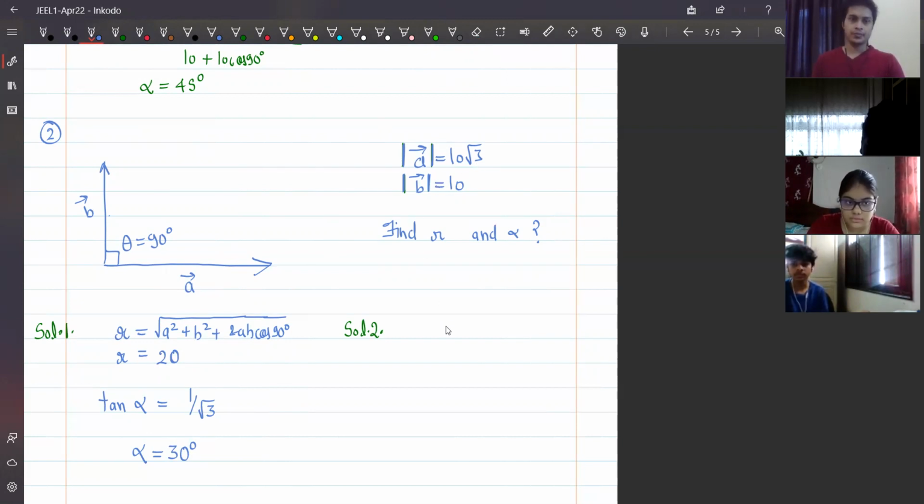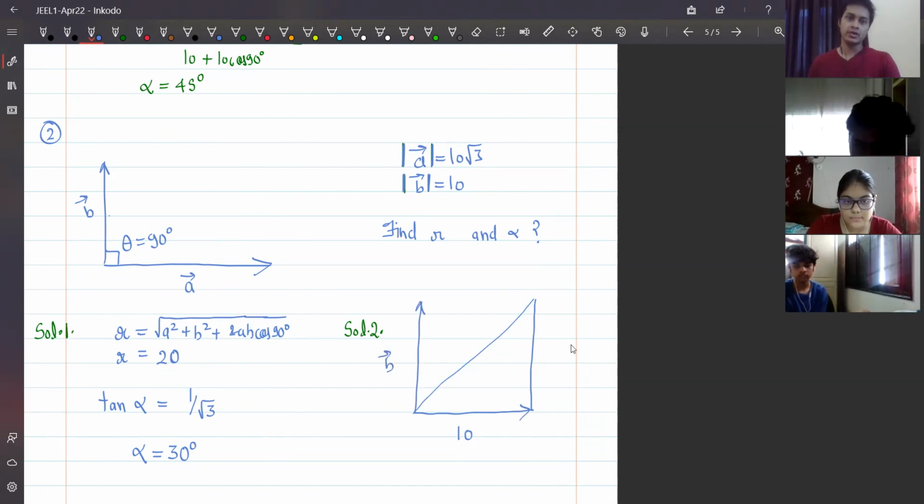Okay. See the second solution, we have a geometrical method for this. Consider this just as three sides of a triangle, in which the first side is given as 10. Means this is your A vector, this is your B vector. B vector, you have to move parallel. So this becomes B vector. If you add this, A vector is 10 root 3. This is 10. Just square and add them, you'll get here 400. Root over 400 is 20. And if you calculate alpha, tan alpha is 1 by root 3. So that means alpha is 30 degree.